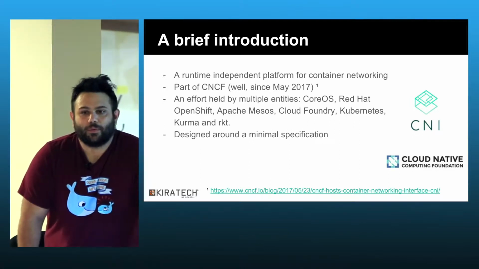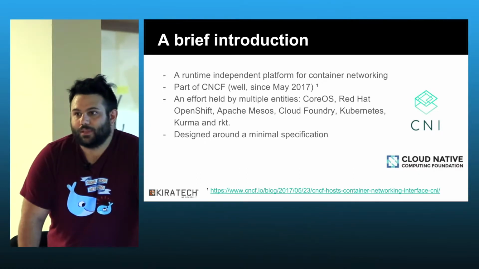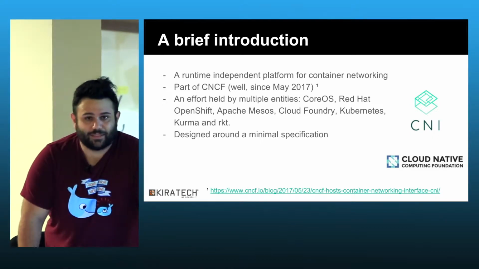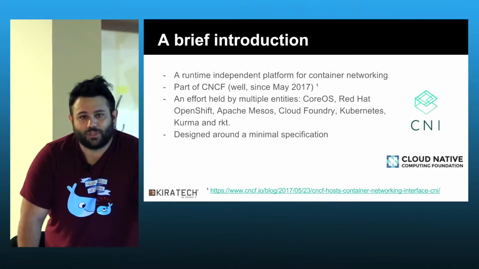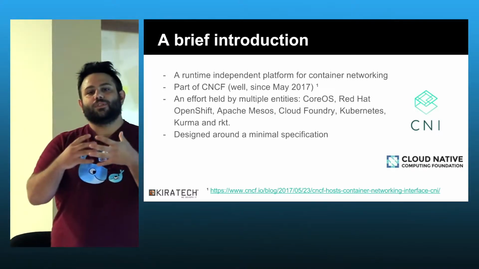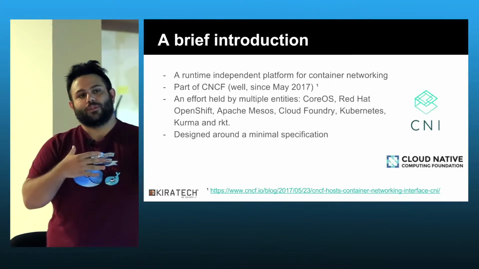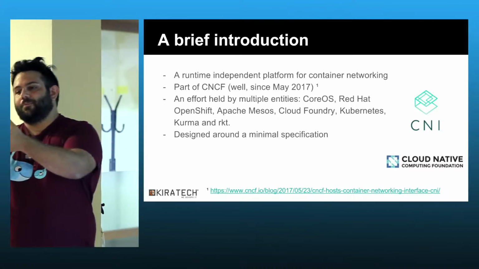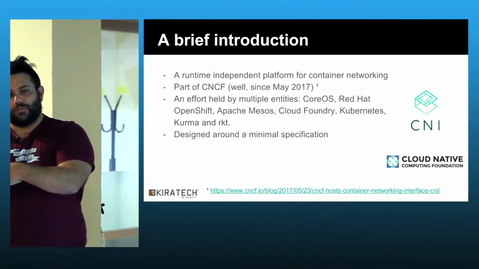In Docker, you have libnetwork, which uses the CNM, the container network model. The two projects are quite similar, I think, but CNI is a project designed to be extensible, while libnetwork is a project that implements its own specification. That means CNI uses external plugins to provide networks to your containers, and libnetwork could be seen as at the same level as a CNI plugin.